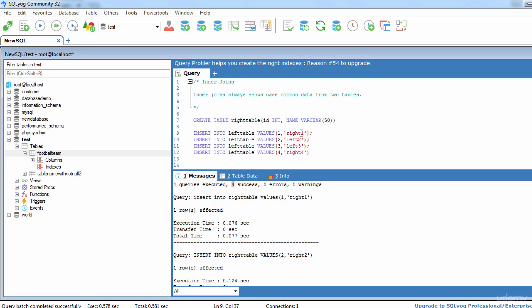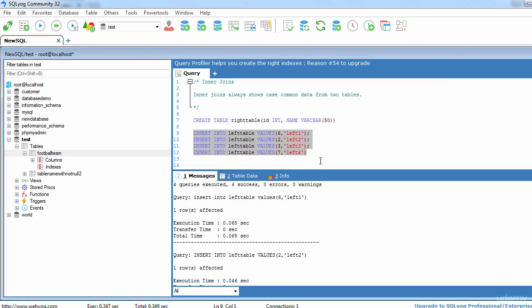This will be left and left, and here we are going to change the ids to 6 and 7, and let's execute it. Here we can see that both tables have common ids.